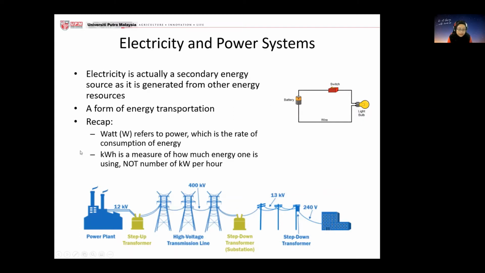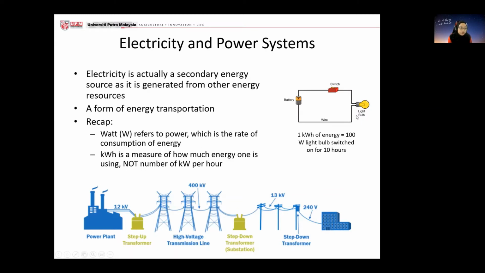You have watt, okay? Watt refers to power, which is the rate of consumption of energy, okay? And kilowatt hour is a measure of how much energy one is using, okay? Not number of kilowatt per hour. Okay, I just want to highlight that because if you look at this one, for example, it's a very basic example. Okay, so if you have your light bulb